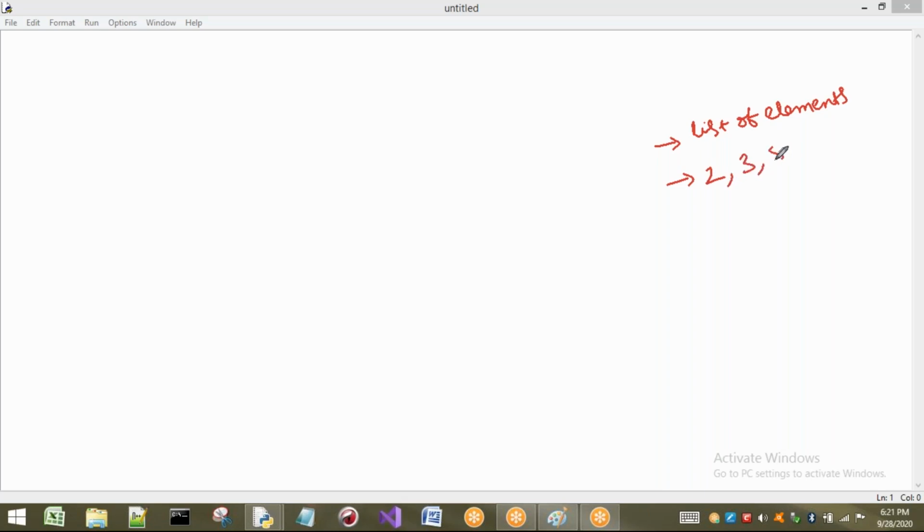The program is, I want to take a list of elements. In that I want to separate the elements which are divisible by 2, which are divisible by 3, and which are divisible by 5. First I will write the program here, next I will code it. So what is my program? First is what? Take a list of elements, and from that list of elements I want to find the elements which are divisible by 2, divisible by 3, and divisible by 5. I want to find separately.